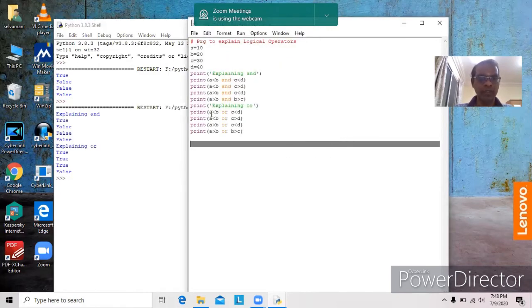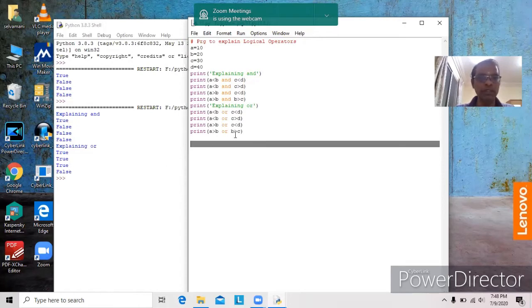Here see, 10 is less than 20, true. 30 less than 40, true. True or true, the result is true. Whereas 10 is less than 20, true, 30 greater than 40, it is false. That is true or false. It gives true. This one is false, this one is true, still the result is true.